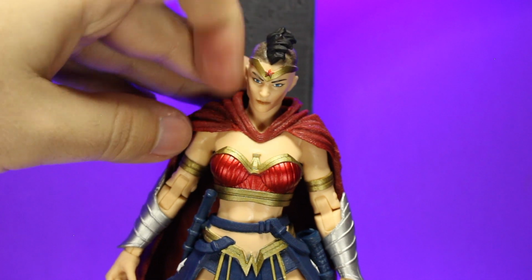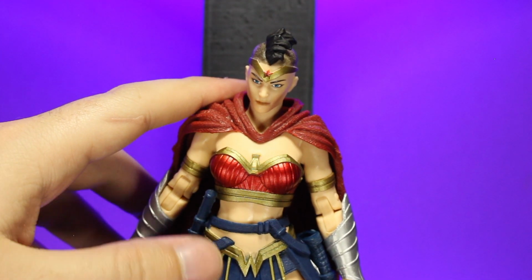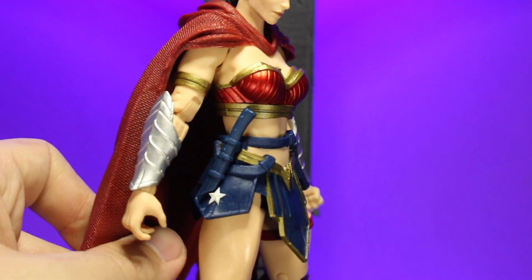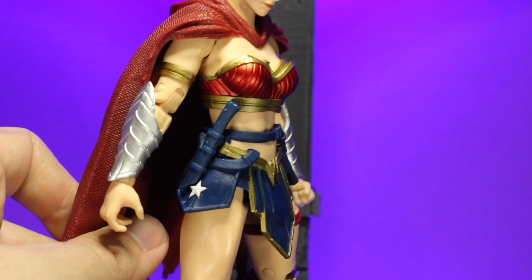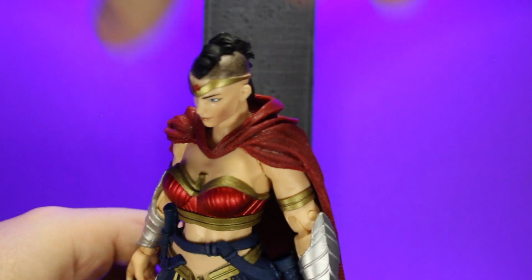Moving on, you've got her costume. She's got the red top with the blue skirt. You've got some belt loops coming through there. You've got a dagger that's completely blue, no paint detail on it. And then